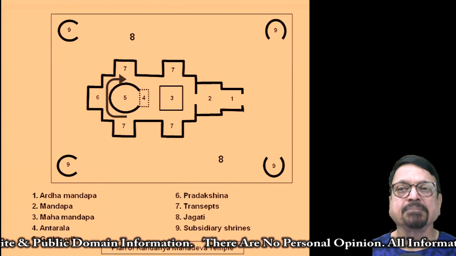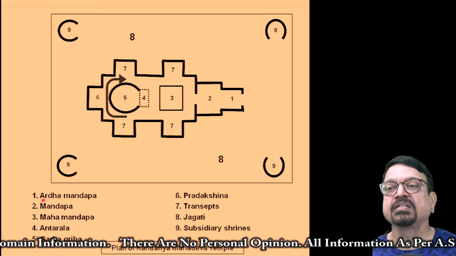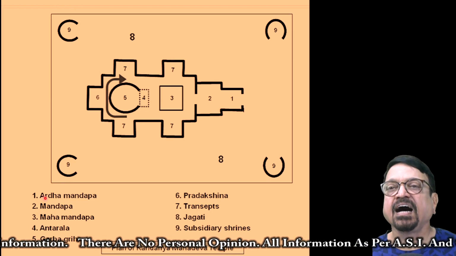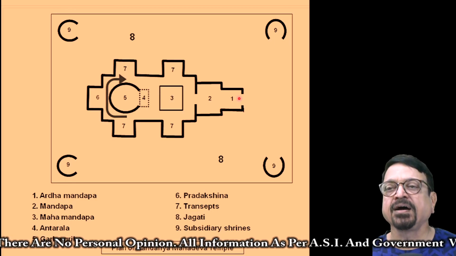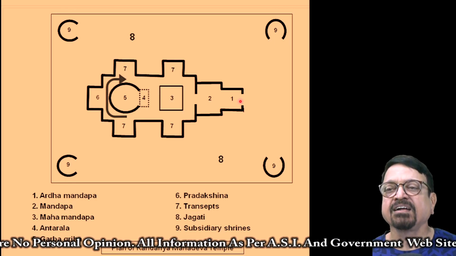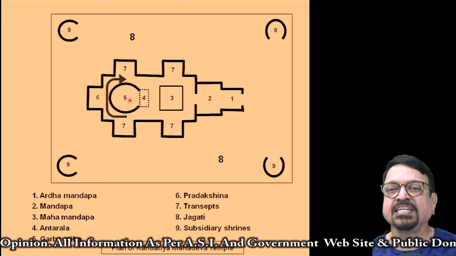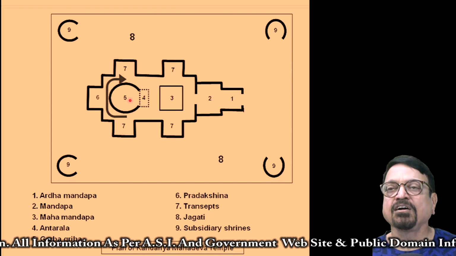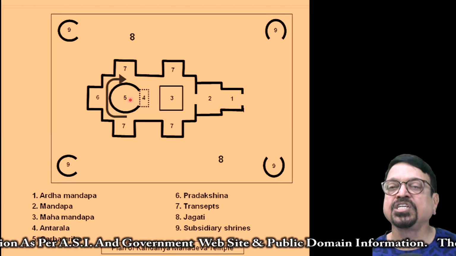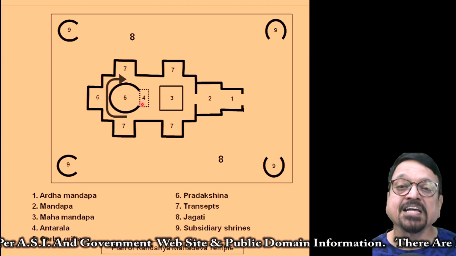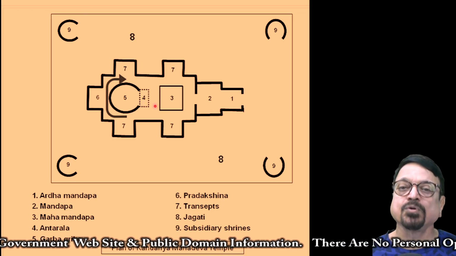This is a typical temple plan I am showing you, in which I will show you all the components of a temple. Now you can see here Ardha Mandapa, that is number one, the beginning, then Maha Mandapa, Antarala, and last is Garbhagriha. Then there is the Pradakshina Marga or Parikrama Marga. Then comes the Jagati, a raised platform which is seen in North Indian temples but subsequently taken by South Indian temples also. So Jagati you will find in both types of temples.